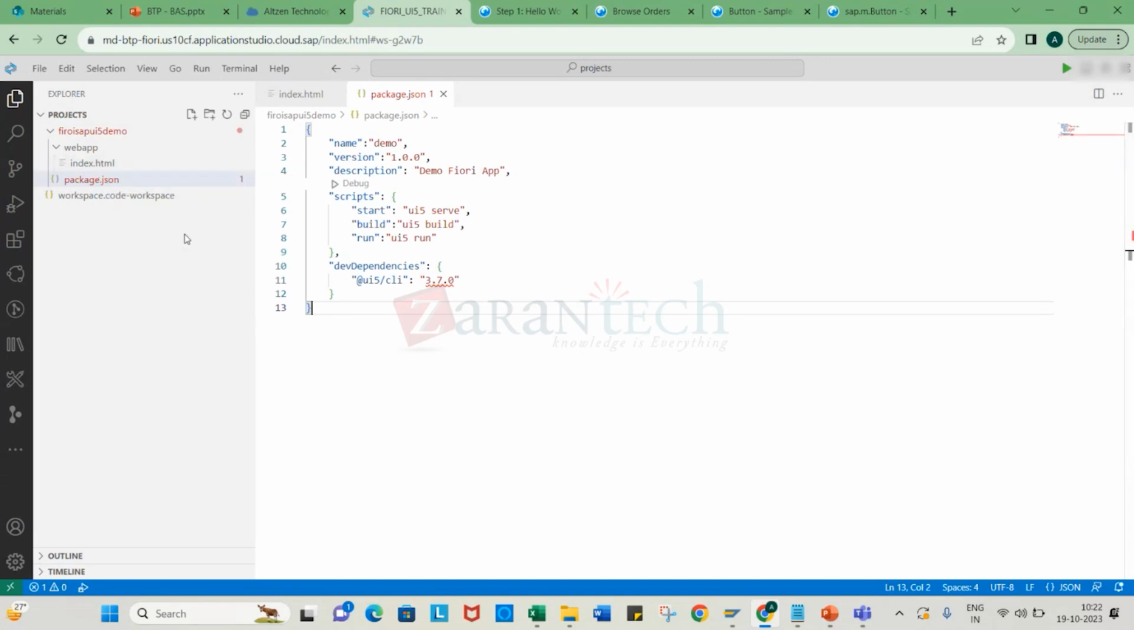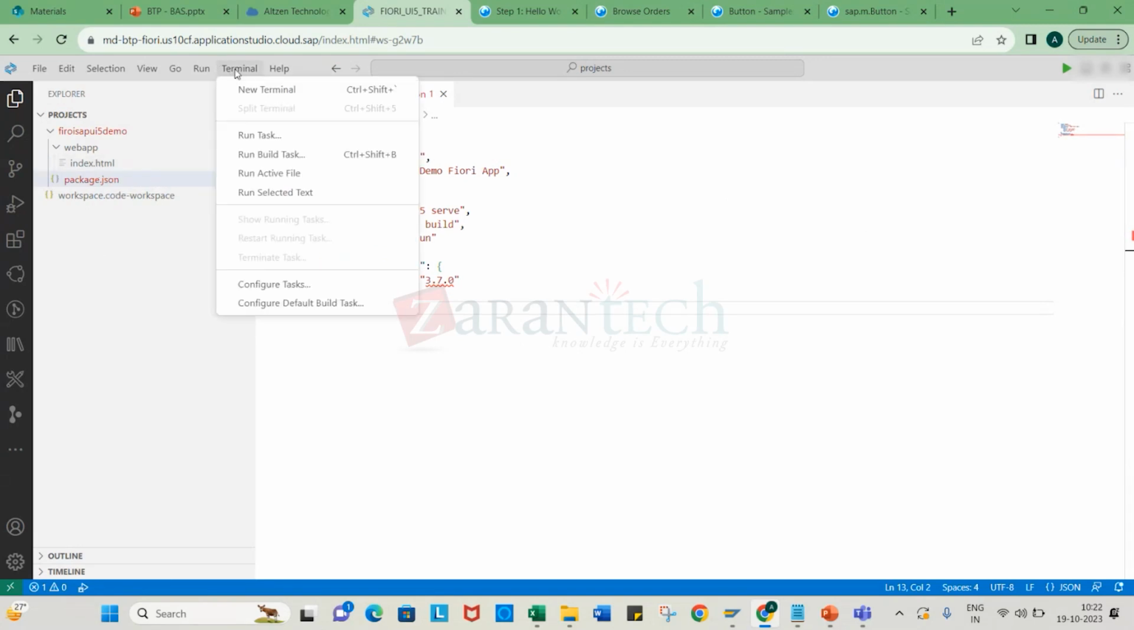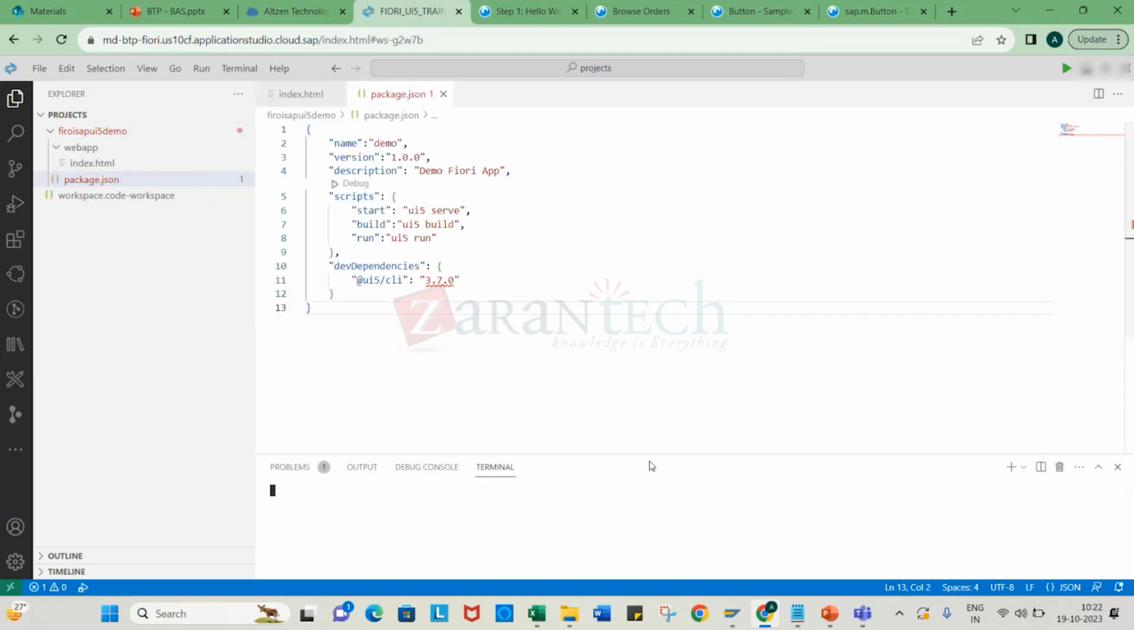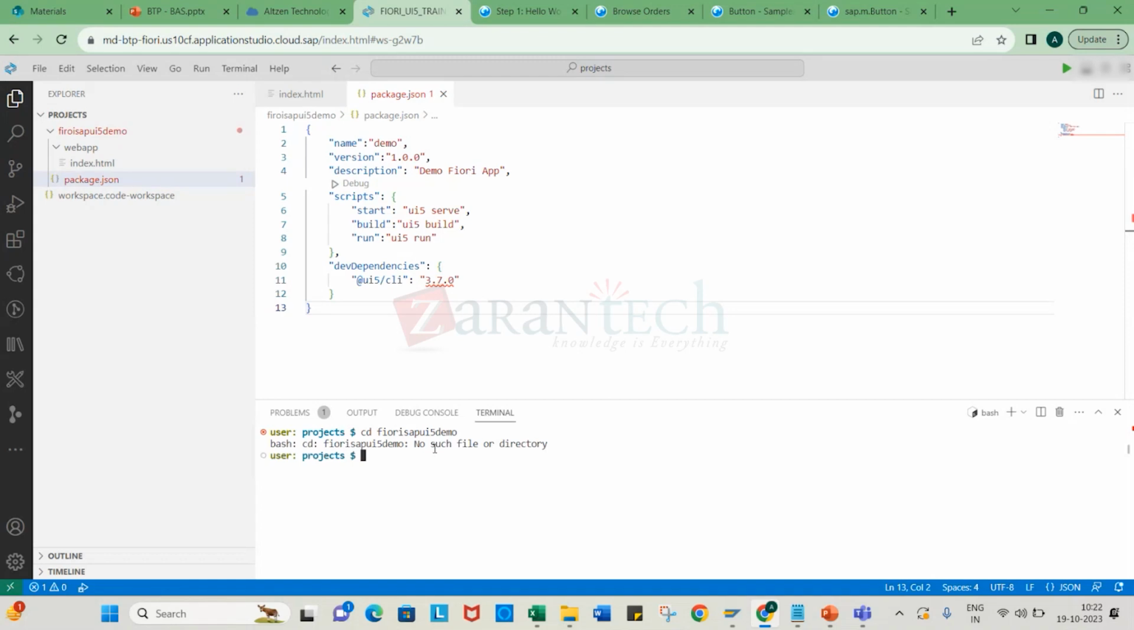Okay, so how will we run here? We open a new terminal, and you have the option to use cd. I am under the project, so cd is the path, and I will go here. What is my name here? Fiori SAP UI5 demo. Okay, so it goes to